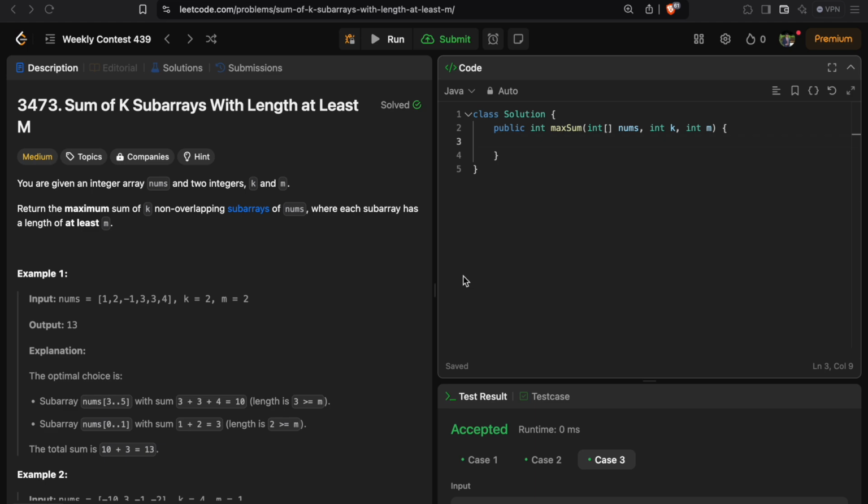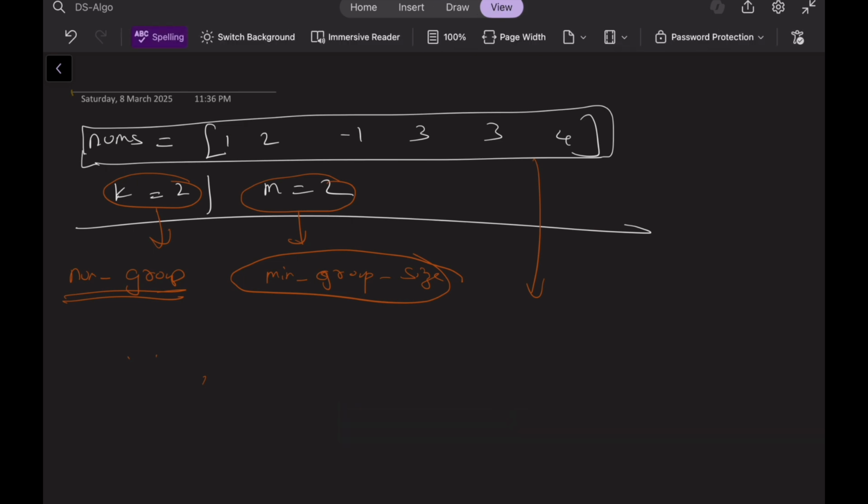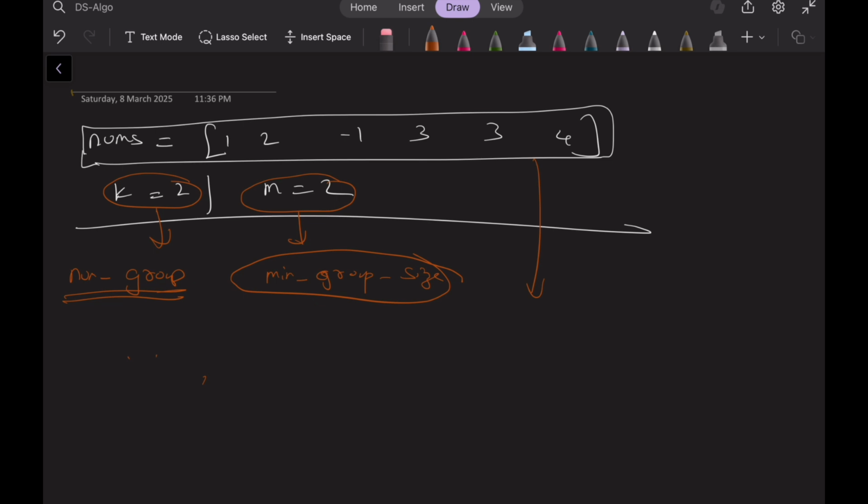Okay, that's a lot of technicalities. Let's try to break it down a little bit. So you've been given a nums array of length n maybe, and you have two other variables k and m. The variable k is the number of groups or number of subarrays you have to break this parent array into, and each such group should have a minimum size of m. Over here it's 2, such that